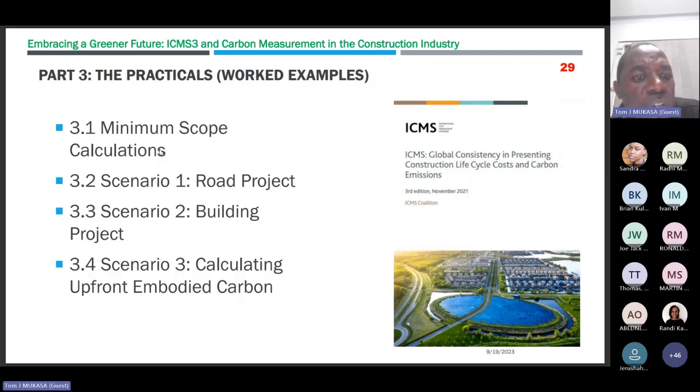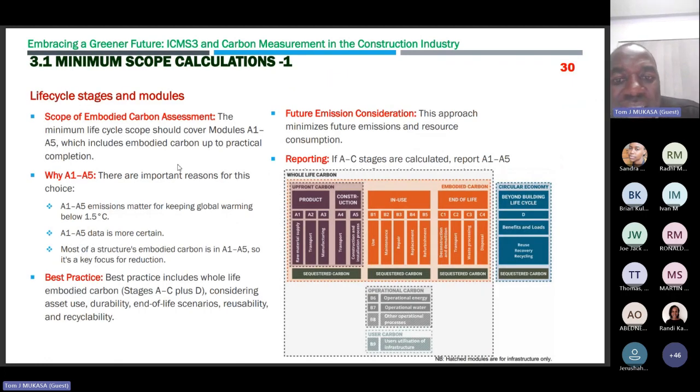So I start by trying to define the minimum scope calculations that you can do from the angle of structural engineers. That's where I got a lot of material, and basically, I found it very useful. Then from there, I have a scenario which is already given information, but giving you that you can compute carbon for your road project. I've picked another building also. Then the last scenario is where you are doing it almost from scratch. I've tried to do something for a substructure. So again, these things are for emphasis, such that you get comfortable with the stages, okay?